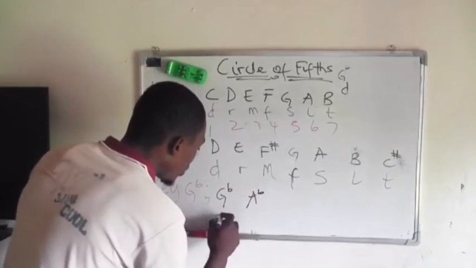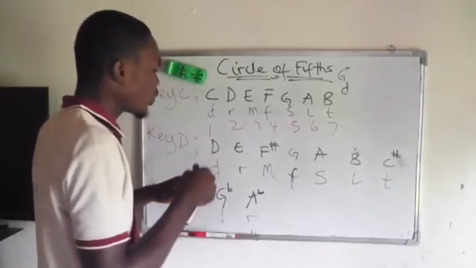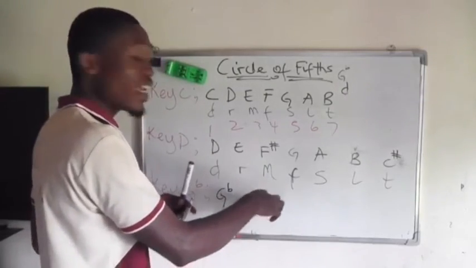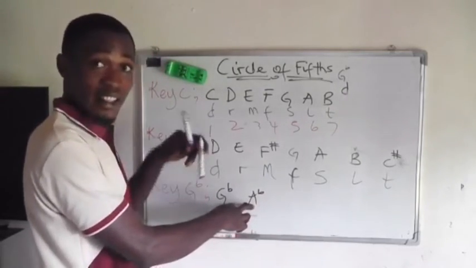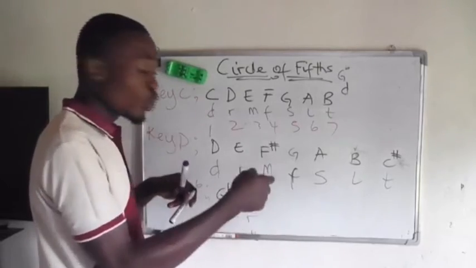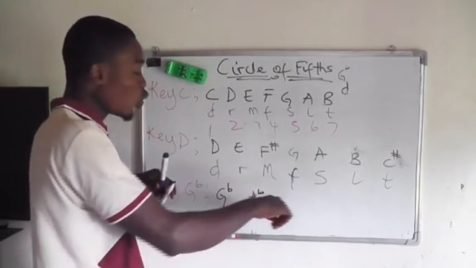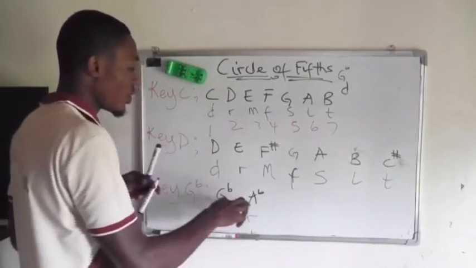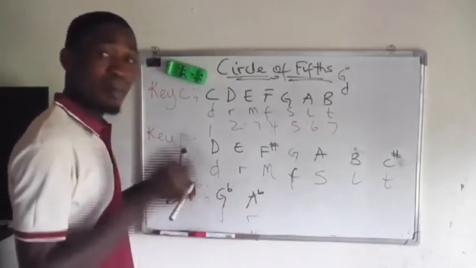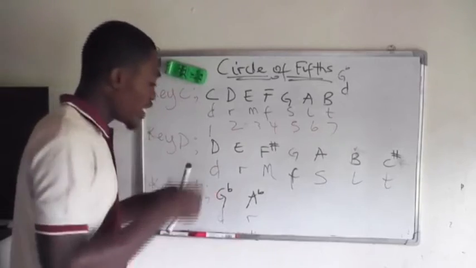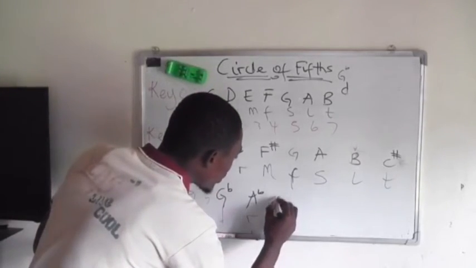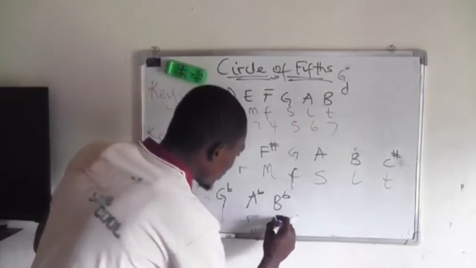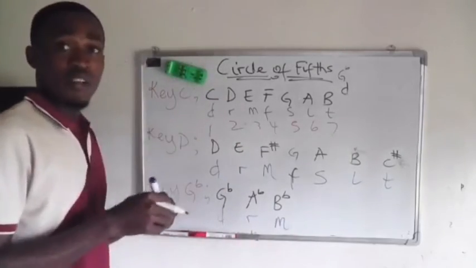So you now have your do and your re. Then the next one is going to be what? Also a tone. From A to B is what? A tone. But from A flat to B flat is a tone. From A to B is a tone. That means from A flat to B flat is what? A tone. So you have the next note as what? B flat, being your what? Mi. I don't know if you get me.